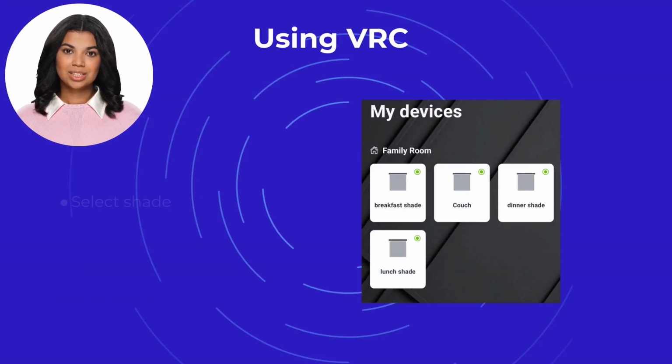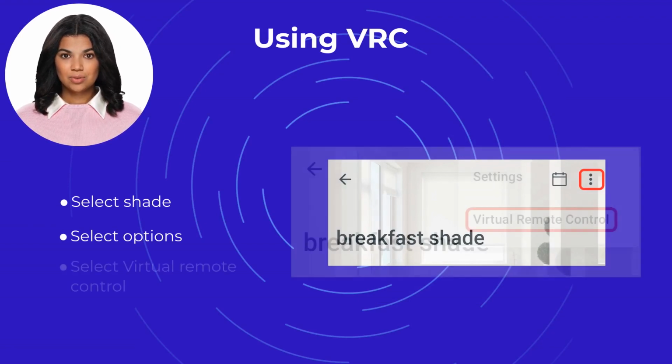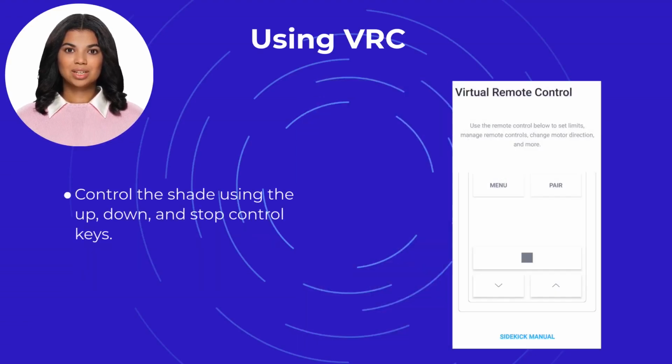To use VRC, select a shade that is using a VRC-supported shade technology. We are using Breakfast Shade for this example. Select the Options menu located at the top right and choose Virtual Remote Control. You can use the VRC like the Shade Remote or Sidekick. By using the up, down, and stop control keys, you will control the shade just like the remote and Bond